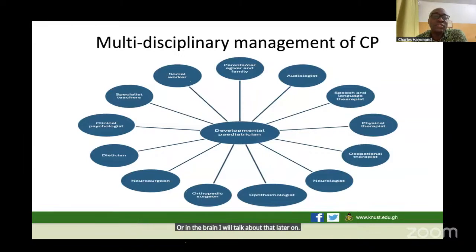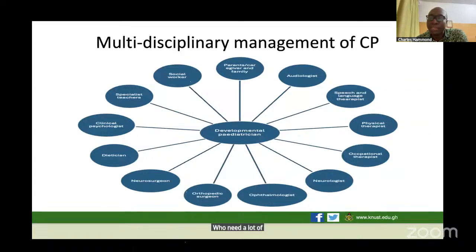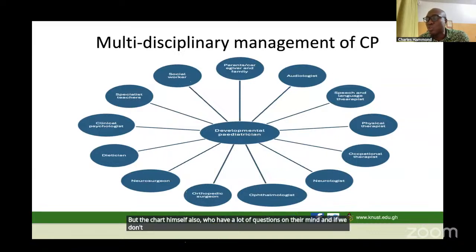The dietitian is very important. We remember me talking about failure to thrive. So the dietitian has to be on board. The clinical psychologist is needed right from the beginning. In the early stages for the parents who need a lot of psychological support. But as the child grows older, for the child himself also, who will have a lot of questions on their mind. And if we don't provide, we should anticipate these things and then provide